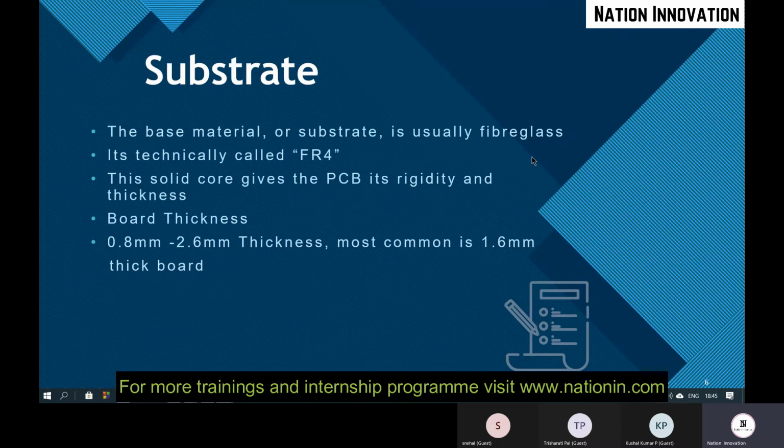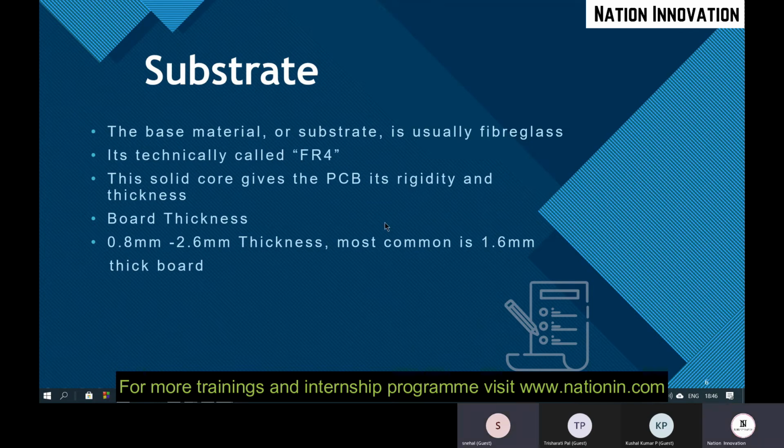If you have seen any PCBs, you will find a gray color material in that. If it is a green color PCB, above and below there will be a green color, that is the solder mask. In between those two layers, you will find a gray color material that is the substrate. It gives the thickness to that PCB.